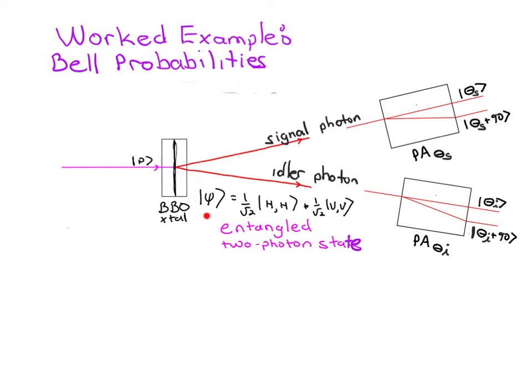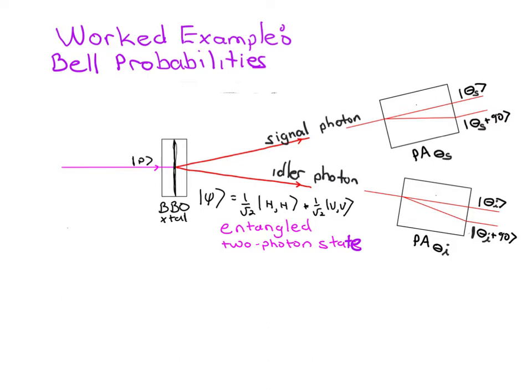We're creating a pair of entangled photons in this so-called Bell state, which has equal probabilities of getting both the signal and the idler photon to have horizontal polarizations when you measure, but there's also a 50% chance that if you make a measurement of the polarization, you will get vertically polarized results for both of the